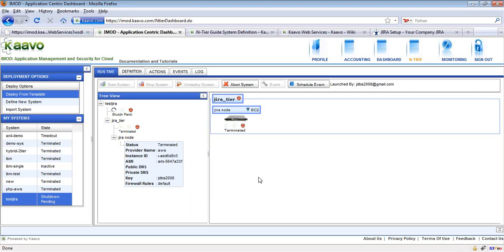So in the first example, I started a pre-defined application. That means the application was already there in the IMOD database. We just sent a request using the web services interface to launch the system. But we can define the system in IMOD as well by using a similar web services call. And I will show you how to do that.